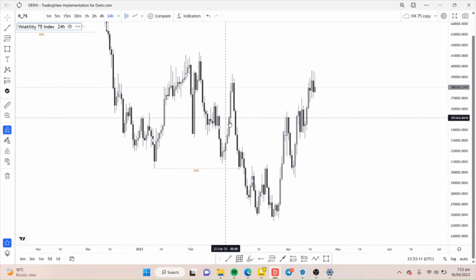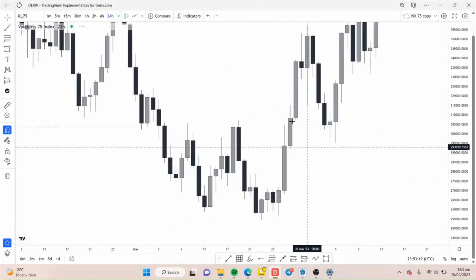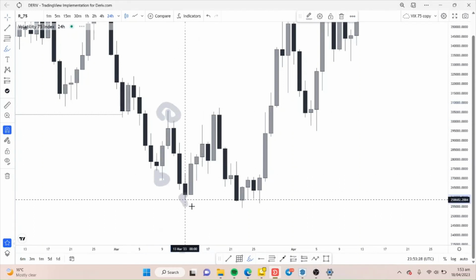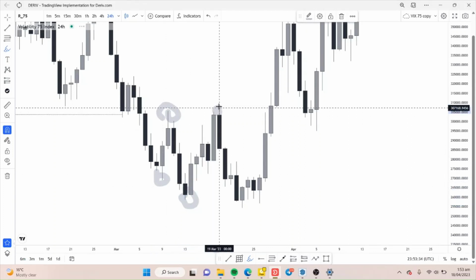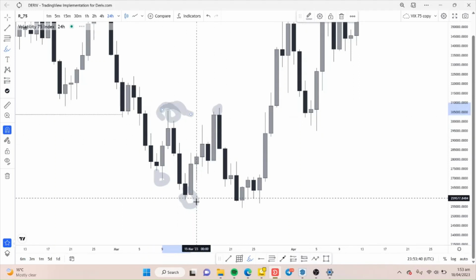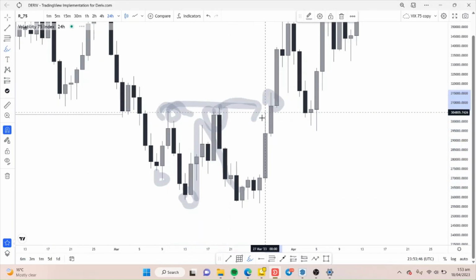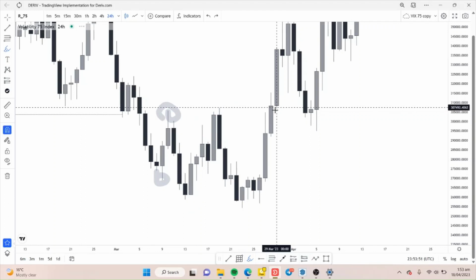And then right about here we had a low, a lower high, a lower low. And then this was an attempt to take out this high, which it did not. We had nothing closing above that, so all this was just an attempt to close above this, but we successfully closed over here. So we have what we call the change of